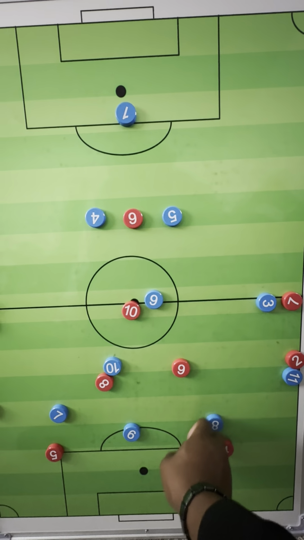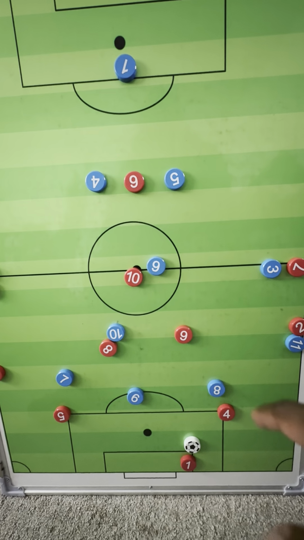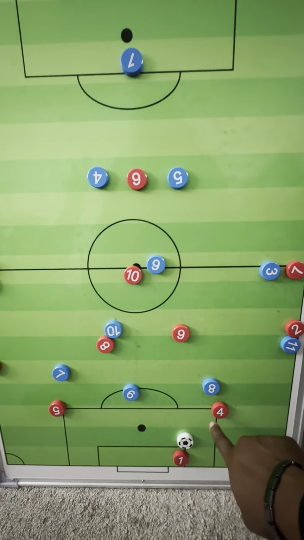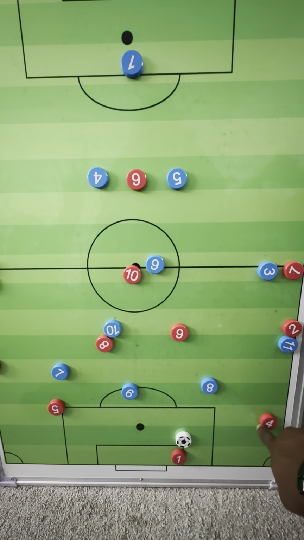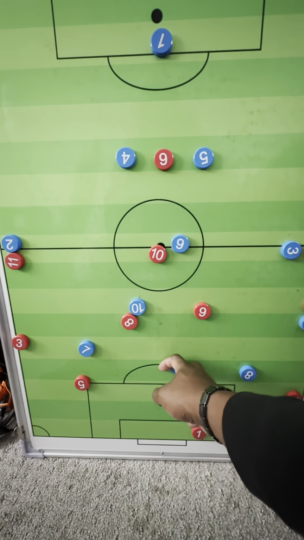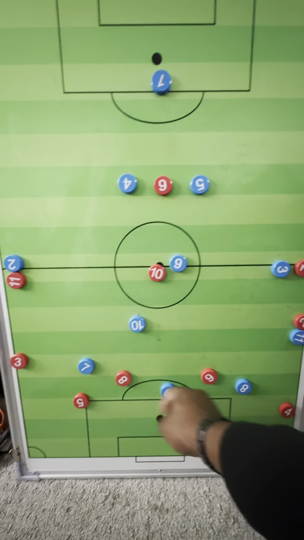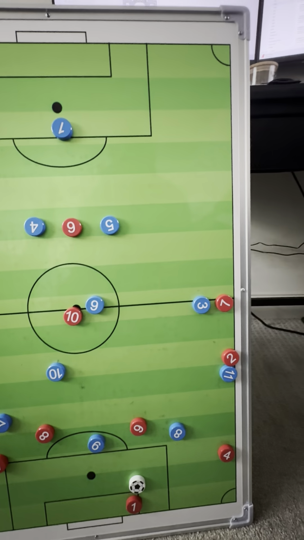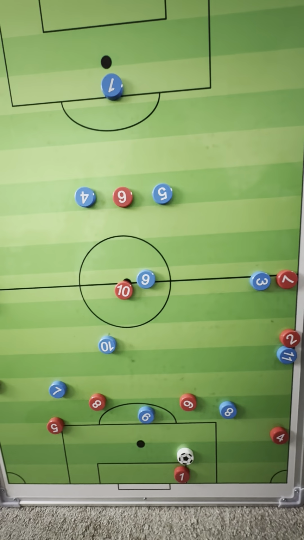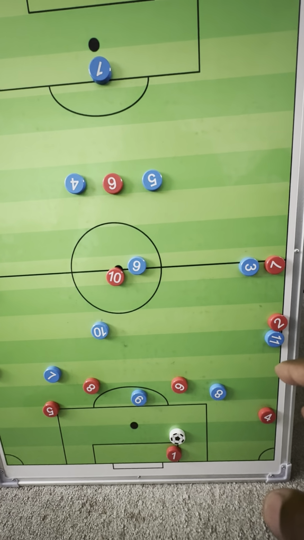is, if they're going to set up this way and they're trying to set up where they can start their press, we're going to use movement to confuse them. So in this case, the 4 is going to shift out wide. Now he's going to be confused and they're going to try to figure out what's going on, right? You're going to drop in, and we're going to play the first open option we have. Because if you think about it,